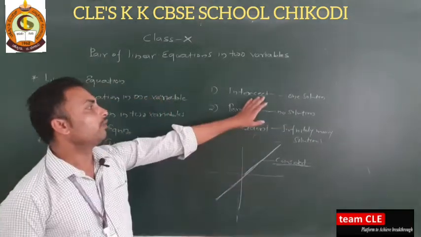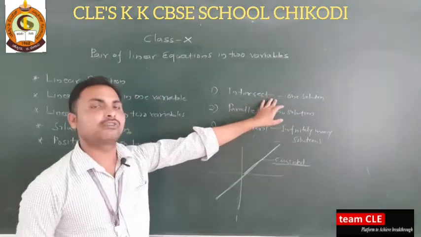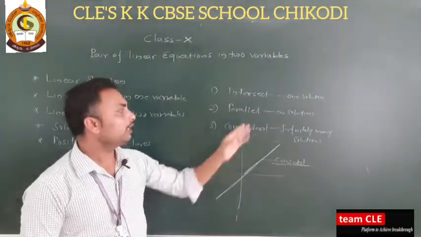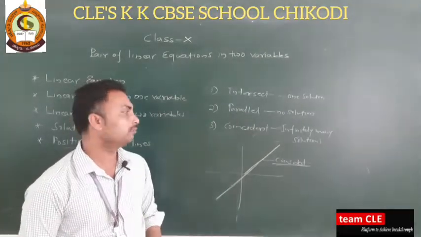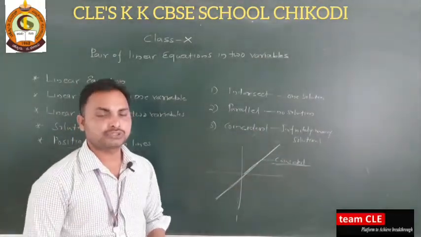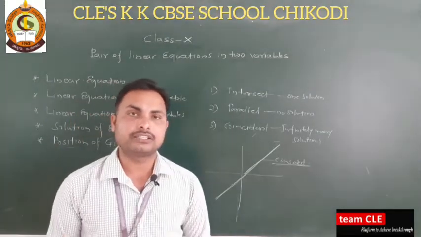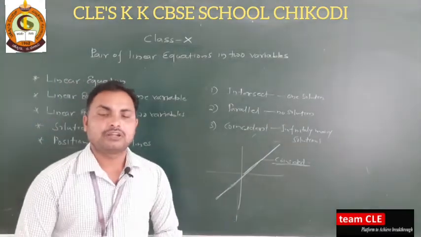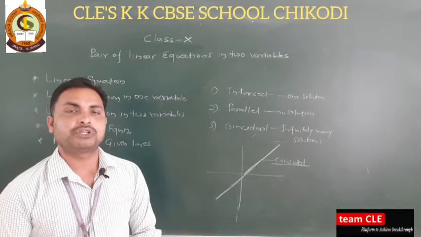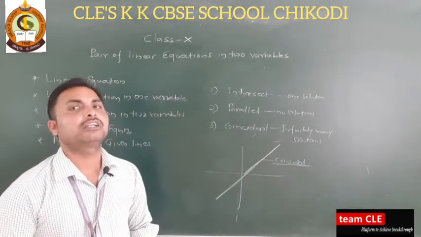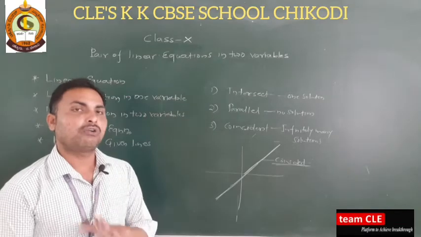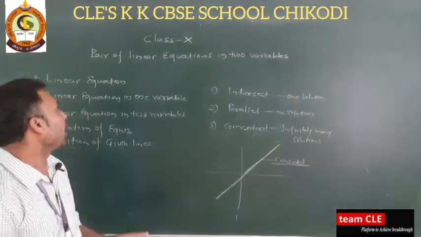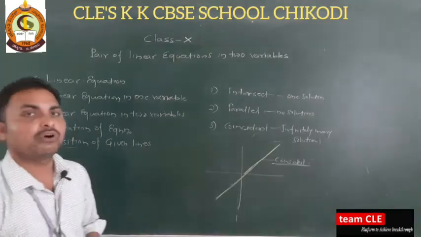See, whenever you have intersecting lines, you have at least one solution, okay. Parallel means you will not get any solution, and coincident means infinitely many solutions. So in the last class, 9th standard, you studied this graph very well, okay. You know it very well. When you have a linear equation and plot it on the graph, you will always get a straight line. It may be intersecting, non-intersecting, or coincident. These things you have studied. I just explained what you have studied up to 9th.